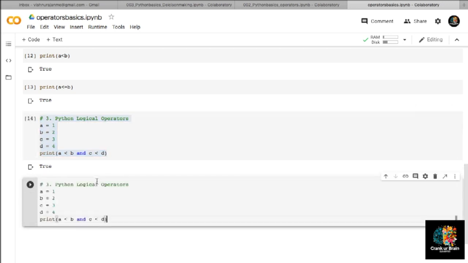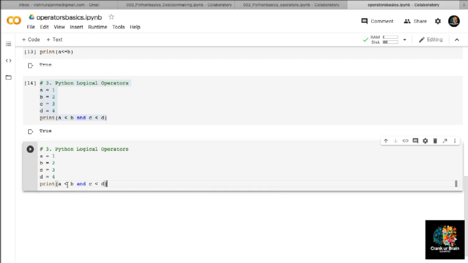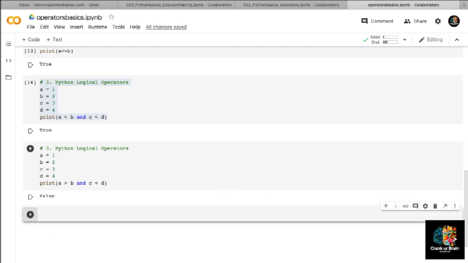Now what if I vary some value over here? I have included a is greater than b. Is it correct? Is a greater than b? No, a is actually less than b only. And this answer is false only, and this answer is true only. So as either of these things is false, the actual value will be false only. Like this only it is going to work.